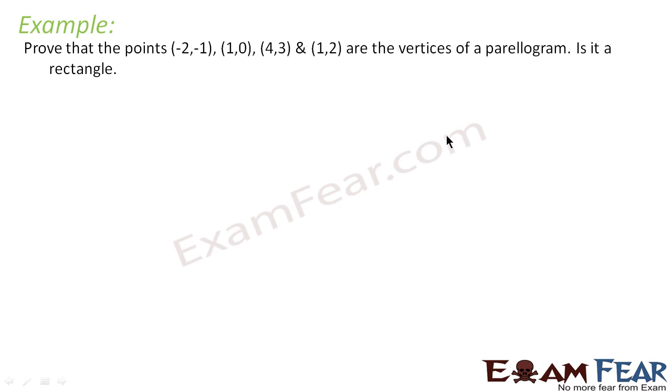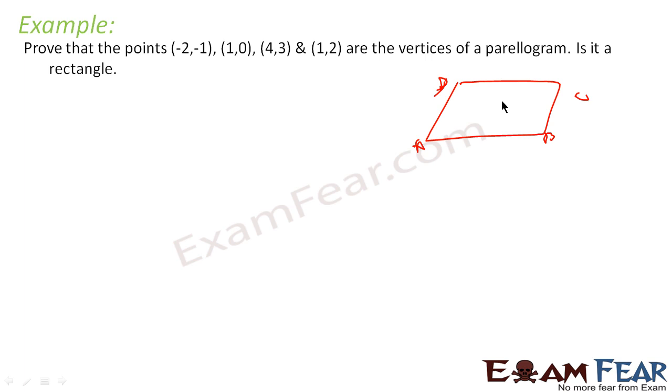See, there are 2 ways to solve this question. One is, first let me draw this quadrilateral ABCD. So if we can find AB, all the sides, and we see the opposite sides are equal, then it can be either parallelogram or rectangle. Then if you find the diagonals, if diagonals are equal, that is rectangle. If diagonals are not equal, that is parallelogram. So that is one approach. We find all the sides and we find both the diagonals, and then we can tell whether it is a parallelogram or rectangle.